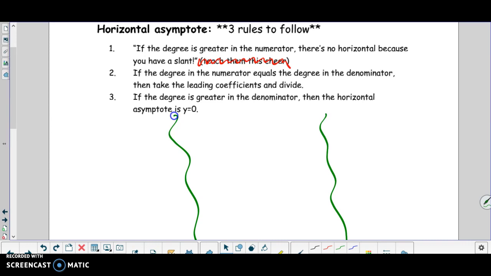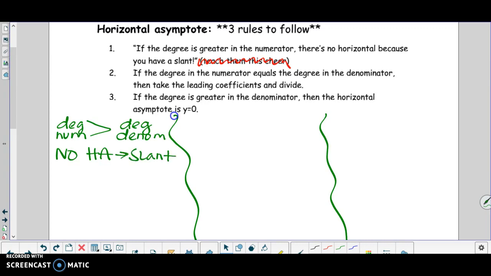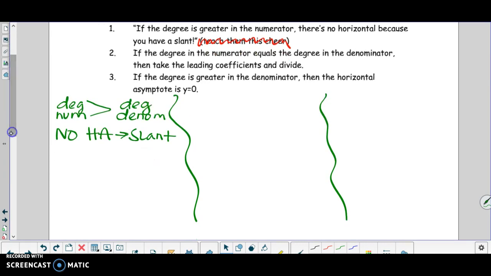Okay, so if the degree, what does the degree mean? The highest exponent. So if the degree of the numerator is greater than the degree of the denominator, you have no, I'm going to call it a ha, but I'm saying horizontal asymptote. Okay? No ha. It means you have a slant. We're going to do slant next class, okay? No ha, you have a slant. So an example of this would be,